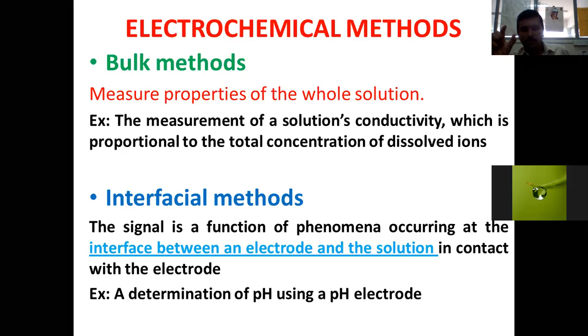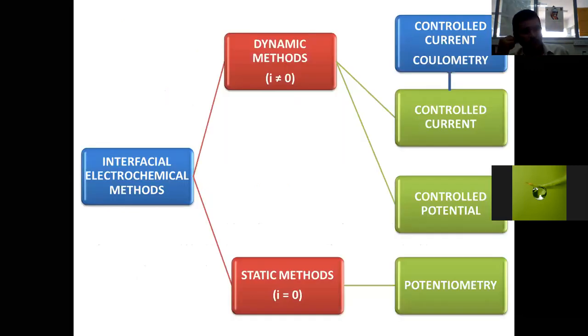What is a glass electrode comprised of? A glass electrode has a membrane, and through the membrane the hydrogen ion is anticipated. Whatever hydrogen ion is present at the interface of the electrode will migrate through the membrane of the glass electrode. So we will have the information given by the amplifier in the form of a signal, and that signal is utilized in order to obtain the concentration of the analyte present in the sample. These types of methods are called interfacial methods.